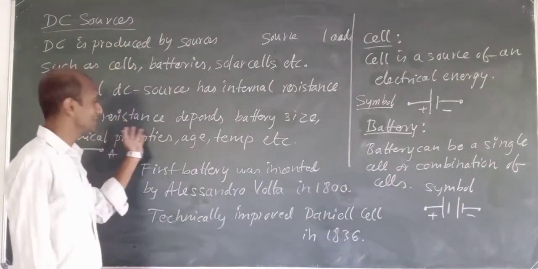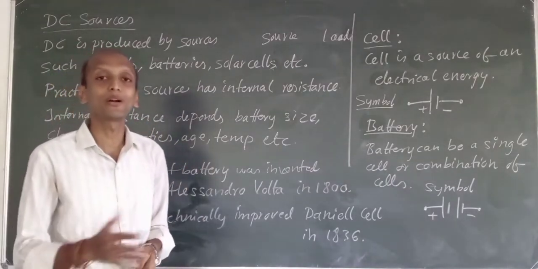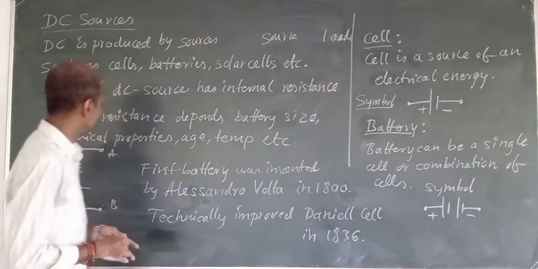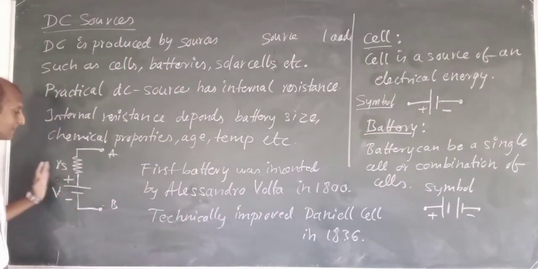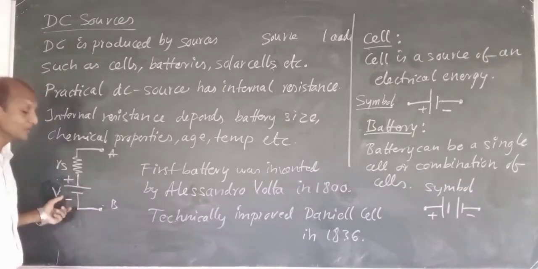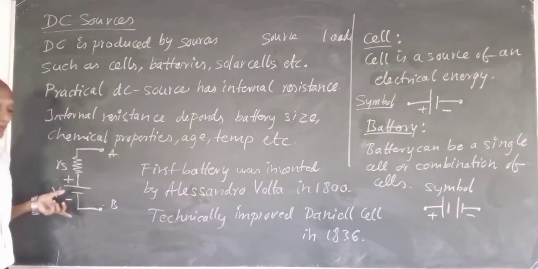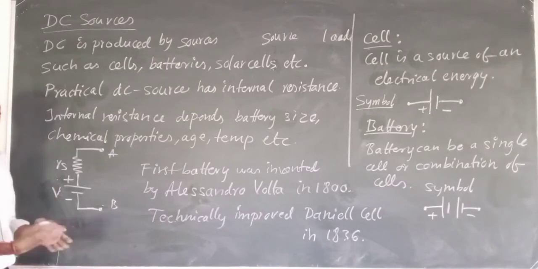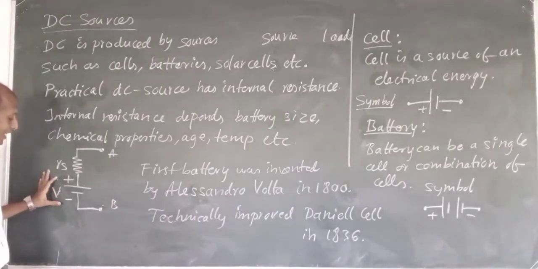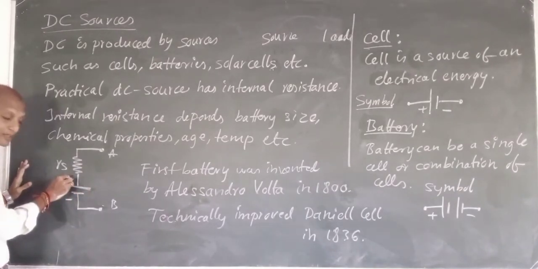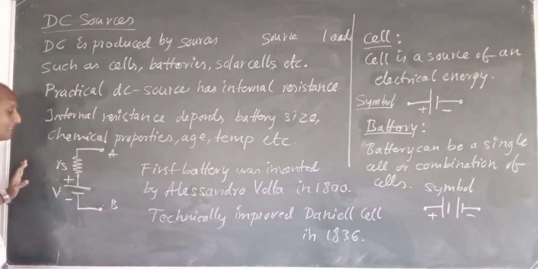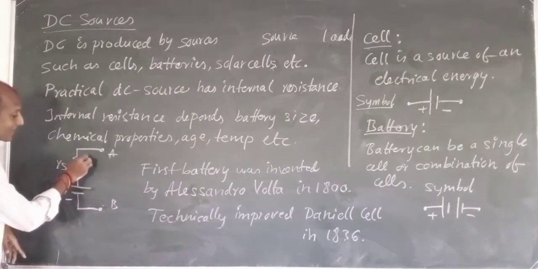Okay, so these all are the different things which will be affecting the internal resistance. Now coming to the circuit symbol of your DC voltage source. So DC voltage source or DC current source it may be. I have shown a DC source here with a larger line and a smaller line. This indicates the positive terminal, this indicates the negative terminal, and now I have shown it with a resistance.